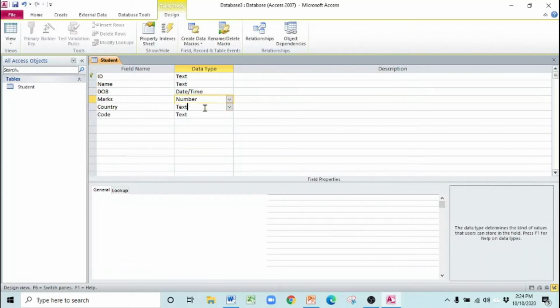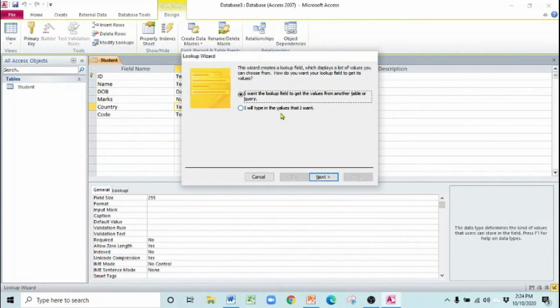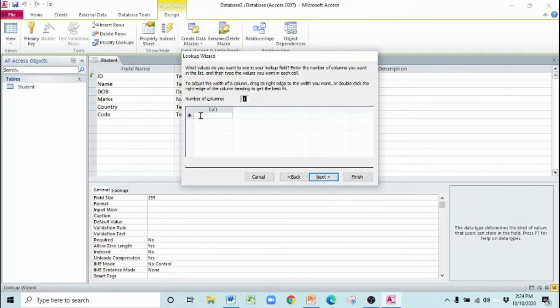Okay. For the country, I am going to apply lookup. Lookup means I am restricting that you have to select only a few options. How can you do that? Click over here, go to lookup wizard. I will type in the list that I want myself. Click on next. Which list do you want? Write any 4 to 5 names.